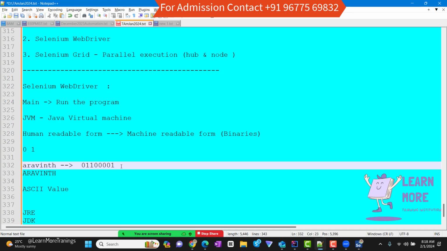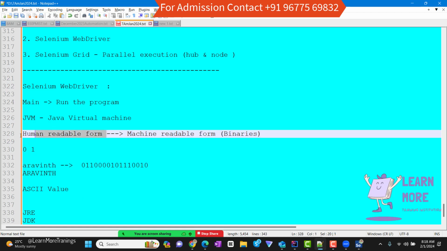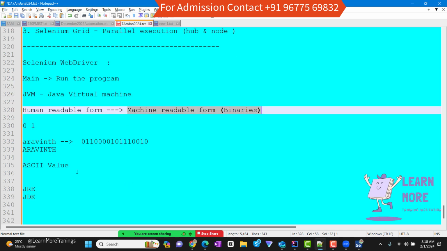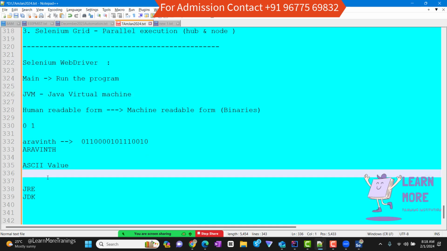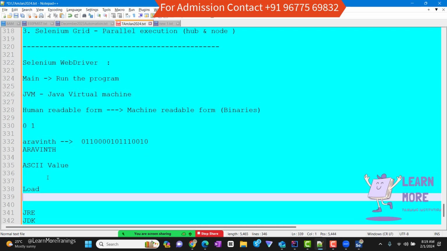So which means we are converting, while executing the program, the human readable form to the machine readable form. In order to verify whether the conversion has occurred in a correct way, the JVM is going to do the verification. So what happens is the JVM will load the code and it will verify the code,